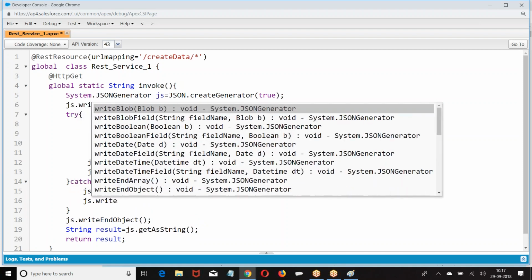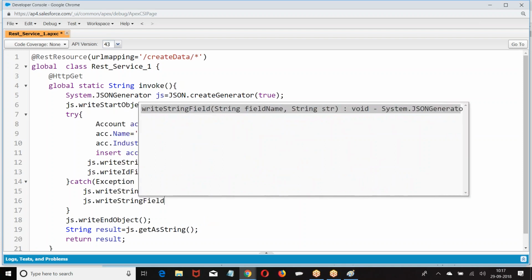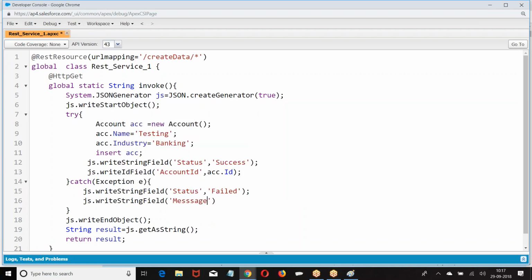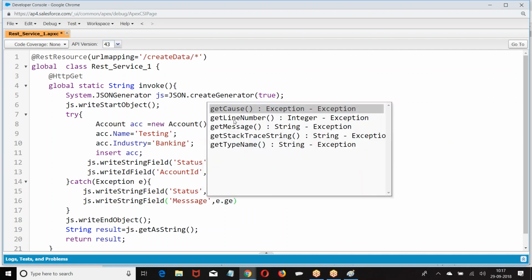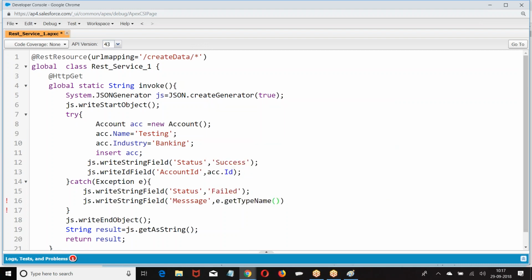JS dot write string field. What was the fail? Dot, this way.